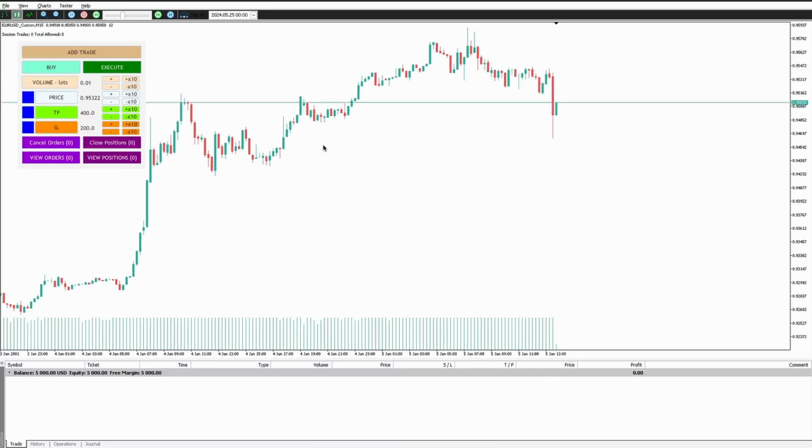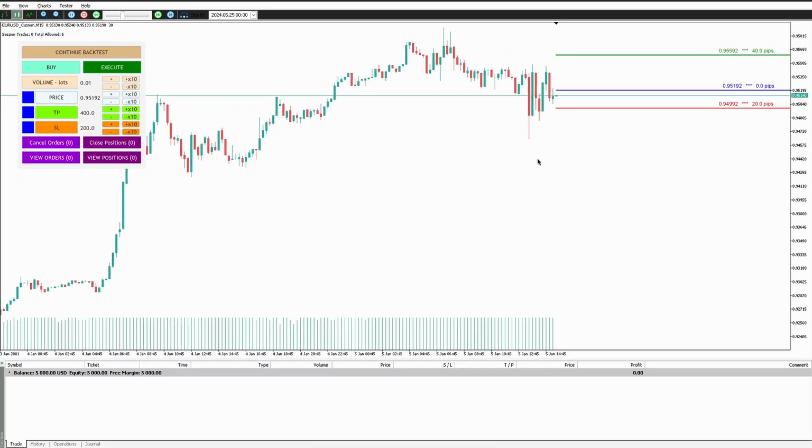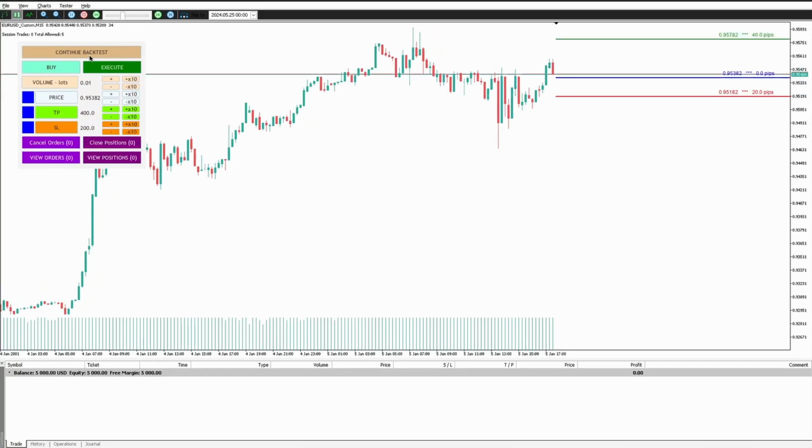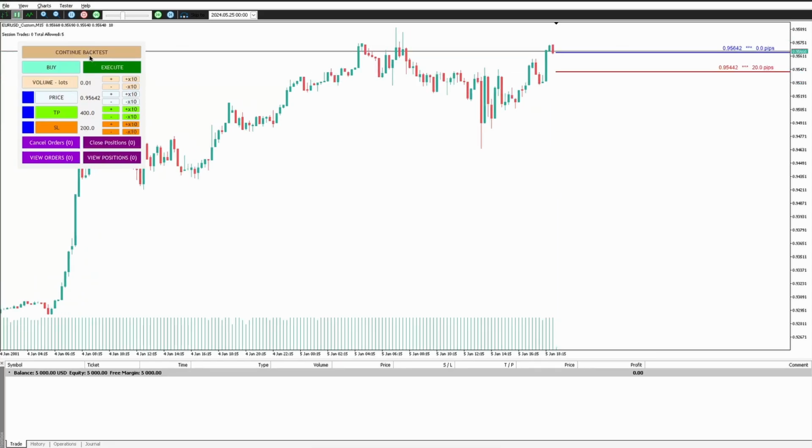As you can see, let me pause this a bit. As you can see, 2001, the 5th of January. So our data was imported accurately, and now I can go on to backtest. If you're interested in this expert advisor, it allows me to essentially backtest manually,